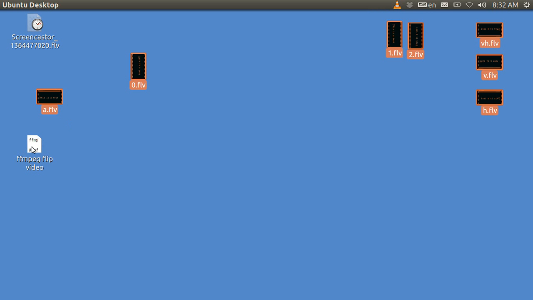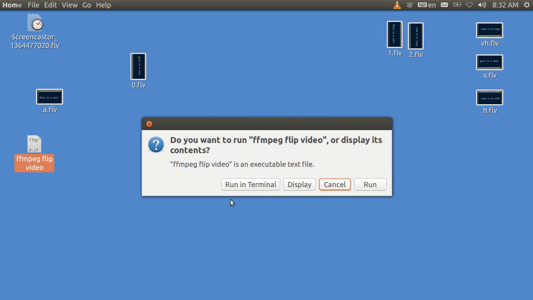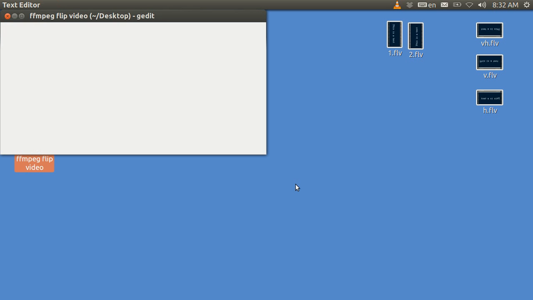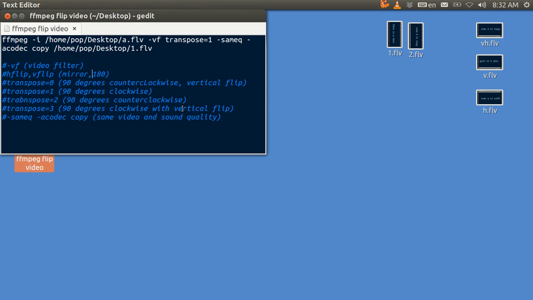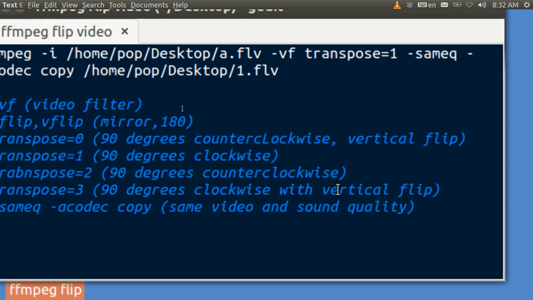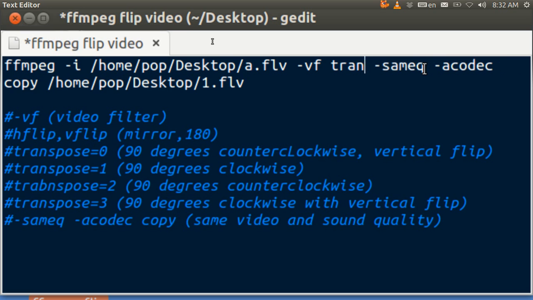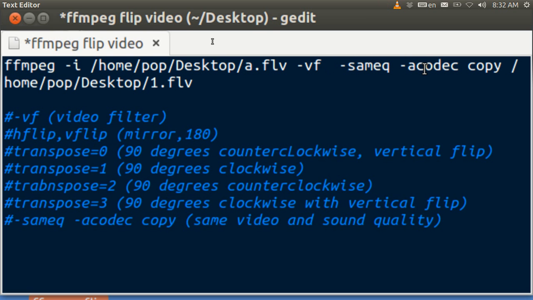Let me just go back over this again, and we will review it just very briefly. Display. Zoom in on it. I am taking file A, that's my -i input, and I'm putting dash video filters on it, and the video filter I'm using here is transpose 1, but if I want to, I could just erase that, you see, and put in instead